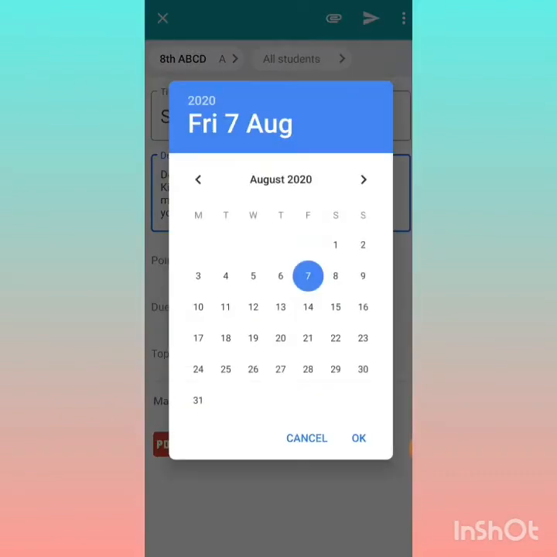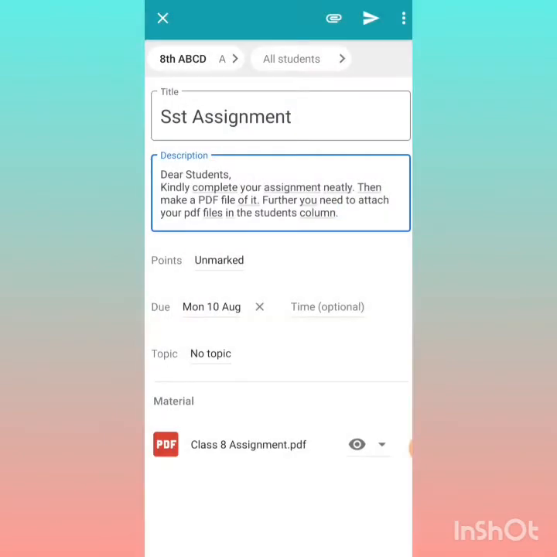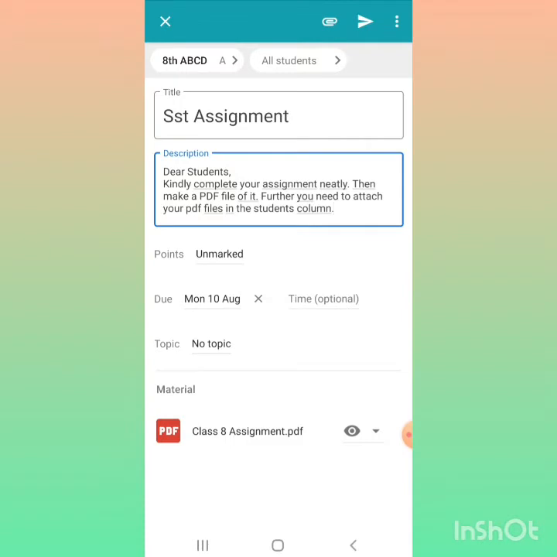Due date, you need to select the date on which you want your exam or assignment to appear. So like that, I am selecting 10th. Then time, you can select the time.